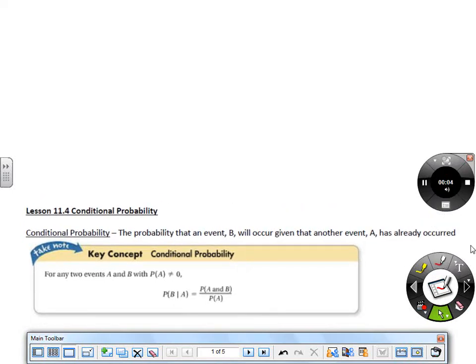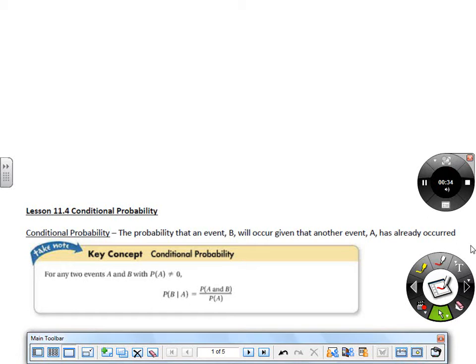Okay. So this lesson is about conditional probability. So probability of one thing given that something has already happened. So these are probably dependent events, like we've talked about before. And most of the time they show you through a table, or if they don't show you through a table, you could create a table or a tree diagram. So our focus here is going to be reading tables, looking at tree diagrams, and understanding how to calculate conditional